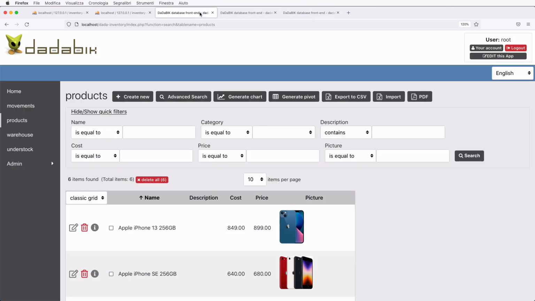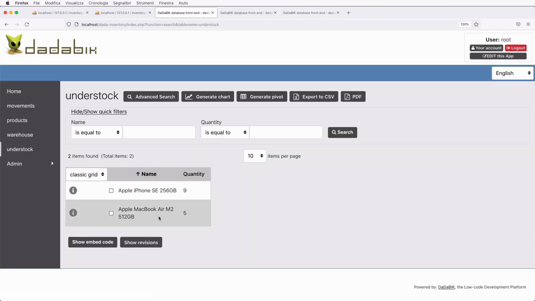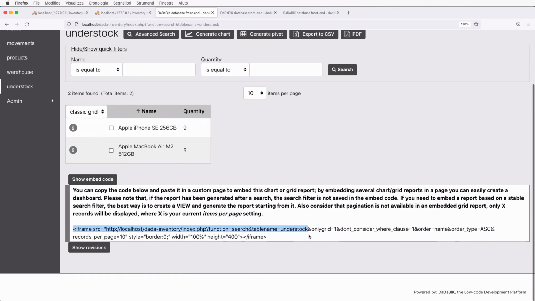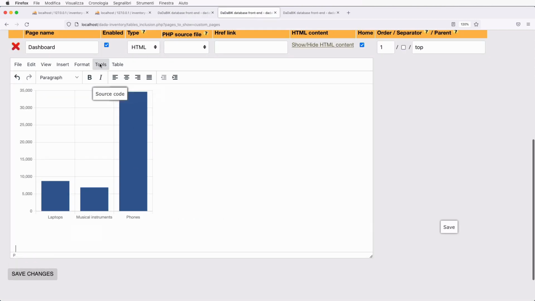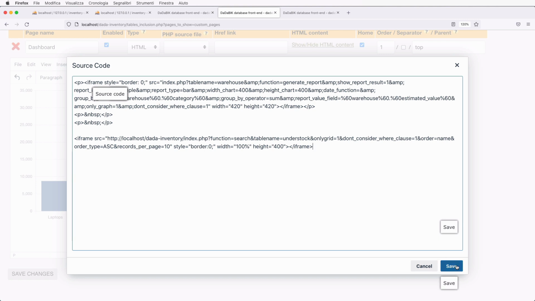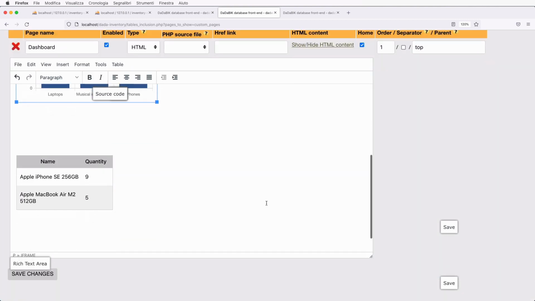So now I reload my application and got the understock view as well. So these are the two products under stock. Okay, and we can show the embed code, take the code from here and embed it here. All right. Third one, it was the second in the original list, but anyway, it was the sales trend chart. So we take one of the products, for example, we want to monitor the iPhone 13 that has ID product 1, and we want to see the